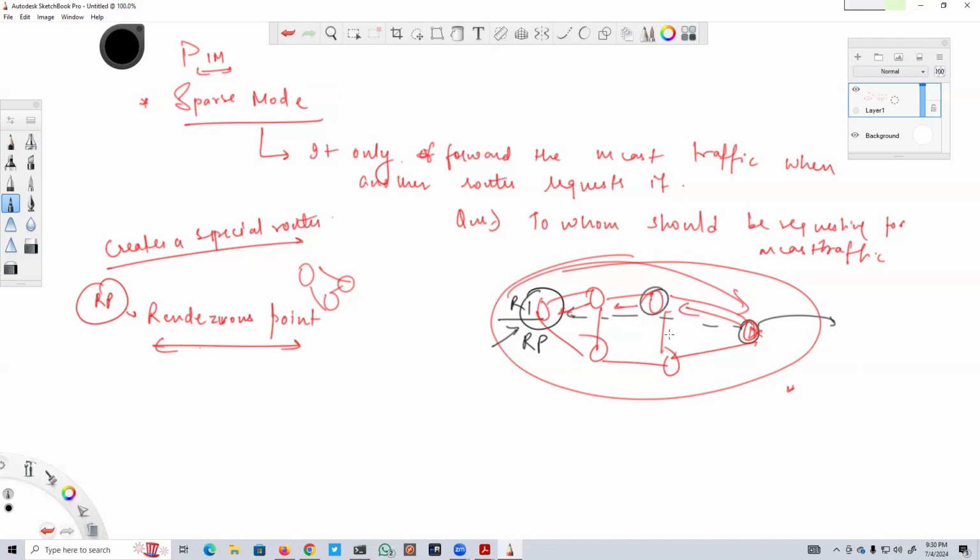All the routers will be configured in such a way that they will be told that whenever you want to request the multicast traffic, you need to reach your rendezvous point. He will be the one who forwards you the traffic. Simple as that. Now the question is how you are going to configure that. There are two types of configuration, static and dynamic. We're going to look at the static one as well, where on the other routers I'm going to configure and tell them that your rendezvous point is actually R1. You have to reach over there